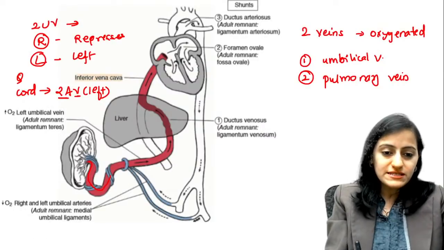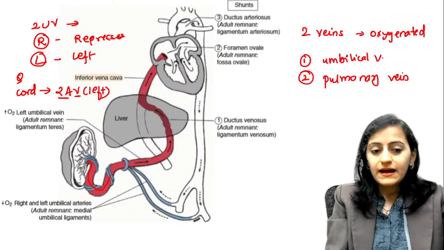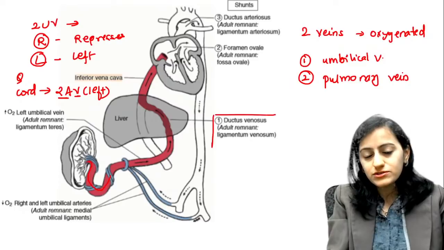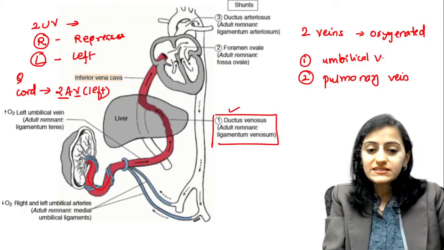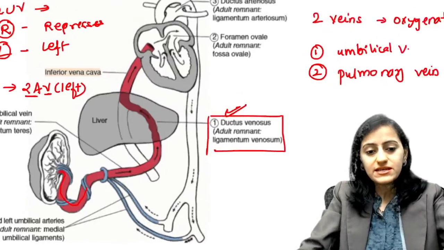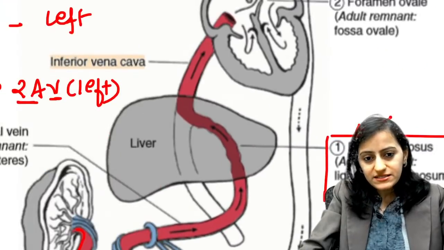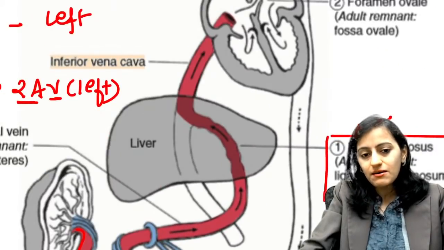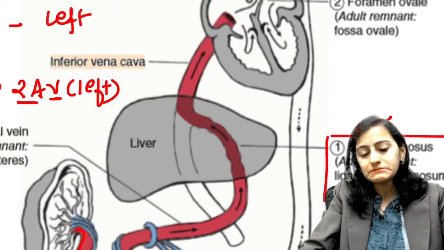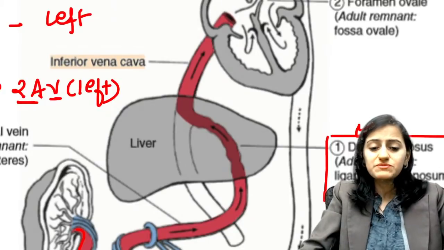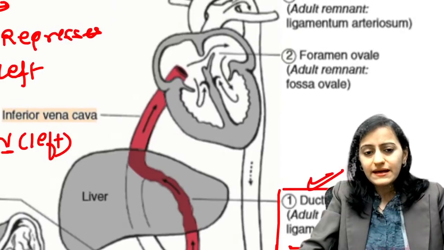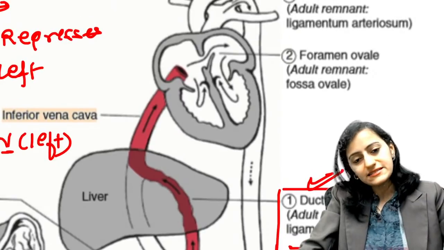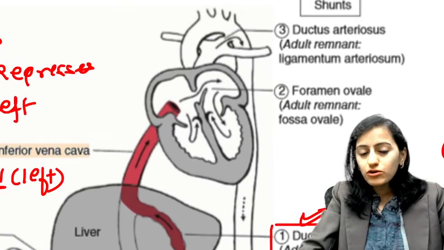Now, after that, what do we see? The umbilical vein is here, and you have ductus venosus. What does ductus venosus connect? Like you see in this diagram, this ductus venosus basically connects the umbilical vein to the IVC. Very, very important. Then the blood goes to the heart, the right side,